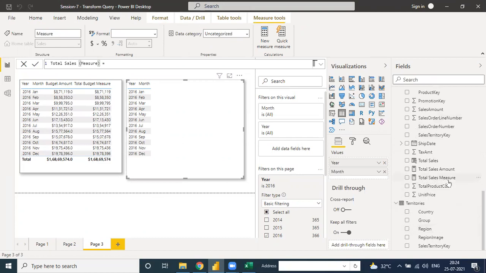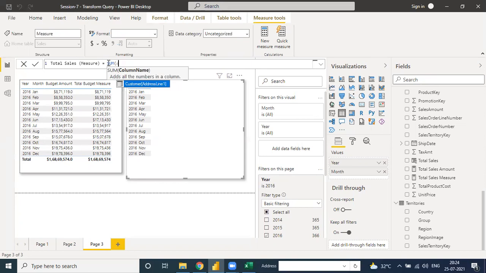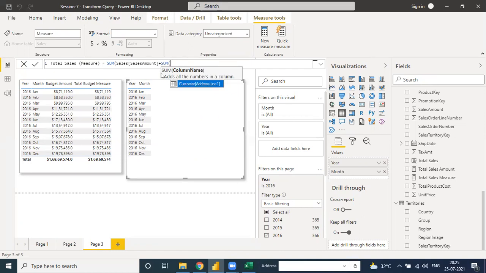So total sales measure is already there, so put some bracket. When we create the column, we just put the table name, but here we use SUM: sum of sales amount plus the sum of the sales table tax amount. Put the bracket and enter.